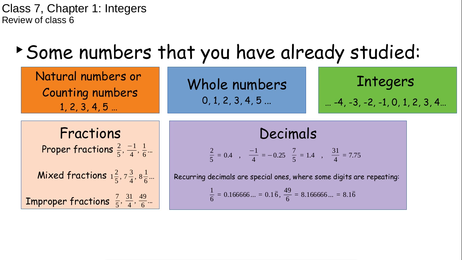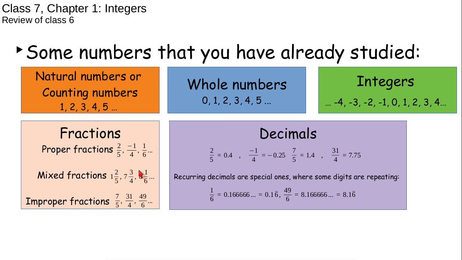Similarly, you go out and you see a flock of birds sitting on the tree and you want to count how many birds are there. You start from 1 and go 1, 2, 3, 4. These are natural numbers or counting numbers. Whole numbers are natural numbers plus the digit 0. Integers are whole numbers plus the negative digits -1, -2, -3, -4 and so on.